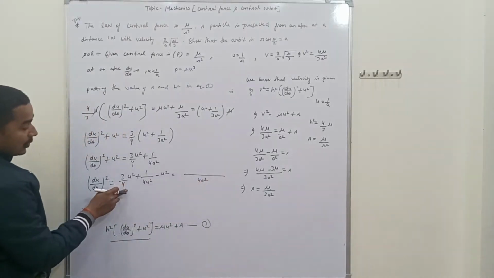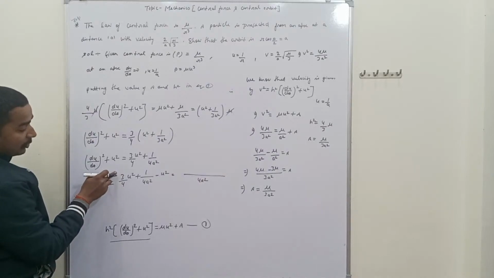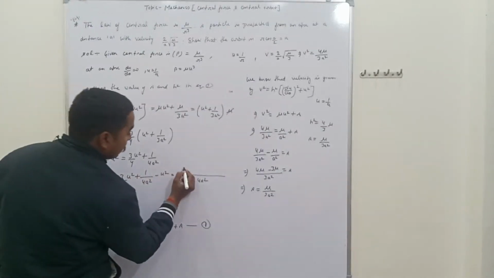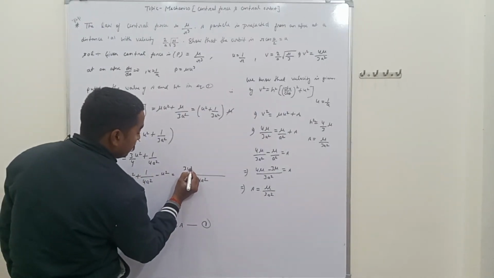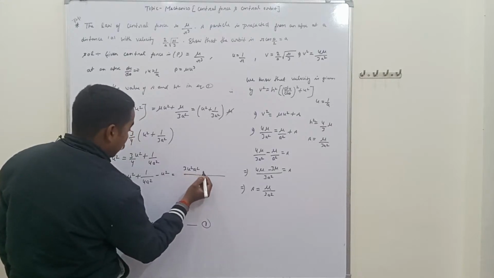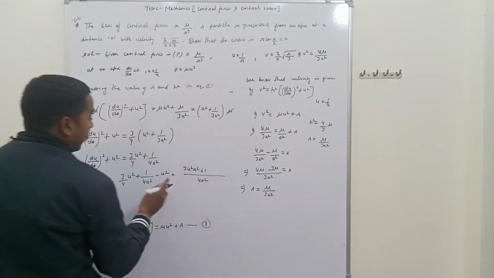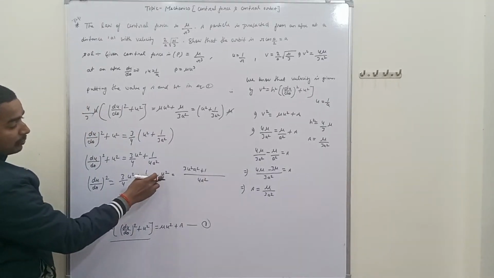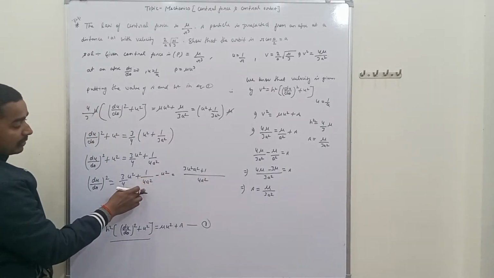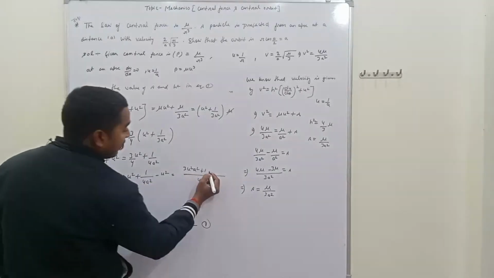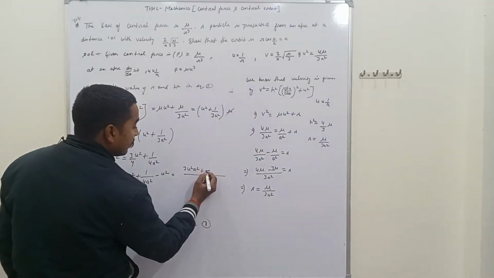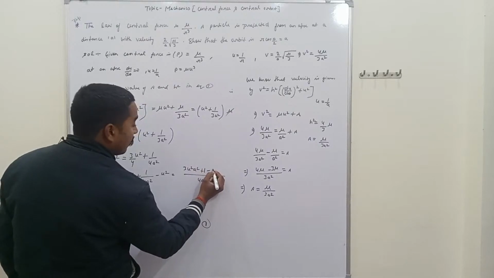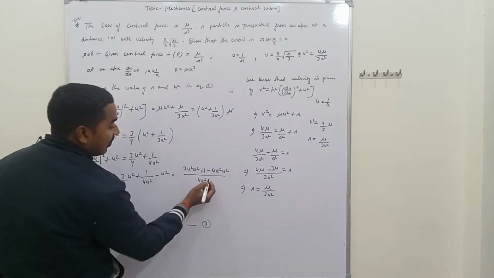Here a square is not present, so I have to multiply the numerator with a square, that is 3 u square a square and plus of 1, and here 4a square is not present, so minus of u square is multiplied with 4a square, that is minus of 4a square u square, and from here